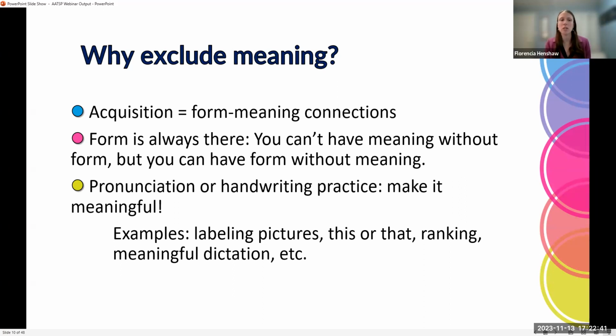They pay attention to the meaning of those words. There's lots of ways of doing meaningful dictation, which would definitely help with handwriting practice, even if you're not doing handwriting practice. Like in Spanish, we don't do handwriting practice, but dictation can help a lot in terms of the spelling of words, in terms of noticing form, because